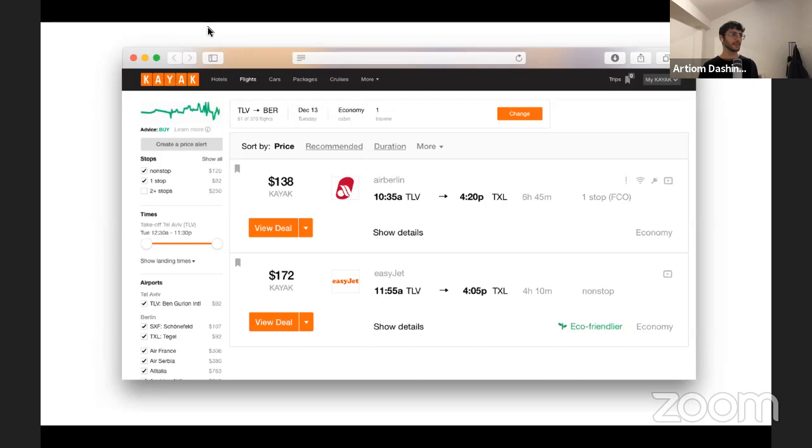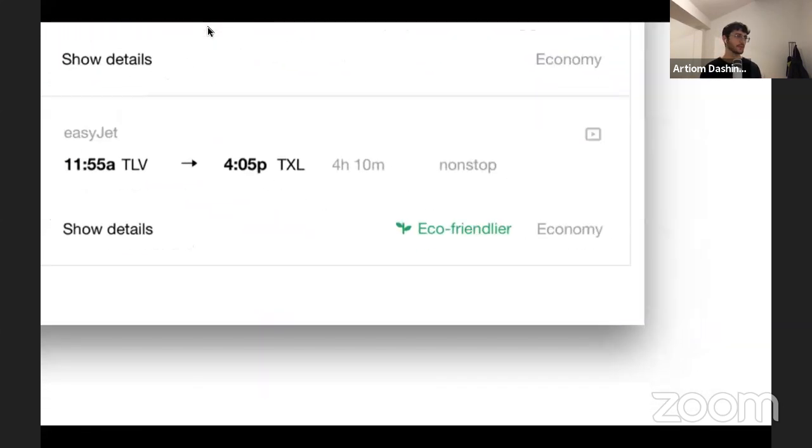So if Kayak would be able to sell more direct flights, they would also encourage more sustainable behavior and produce less emissions. So what I suggested is to mark the direct flights as more eco-friendly and basically also have a good impact on that. Also educate your users about the impact of their behavior and of their customer choice, but also have good effect on the bottom line of your company.